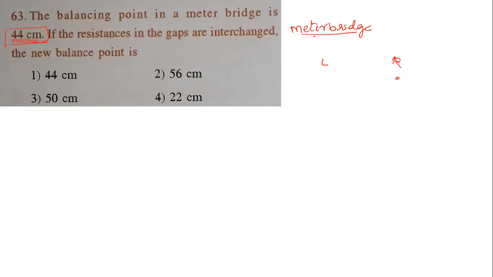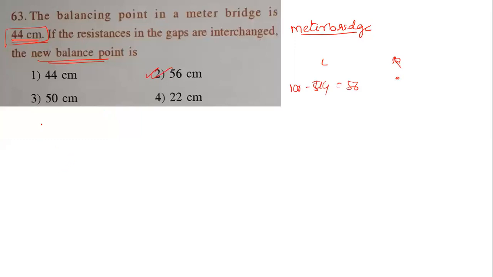So after the interchange, what will happen to the balancing length? I'm telling you, simply if it is given like this, just do 100 minus 44. You get 56, that will be the right answer. That's it. When the interchange happens, the balancing length also interchanges. Now it is 44, 100 minus 44 is 56, so 56 is the answer. That is the trick to remember. I won't prove it now, I'll prove how it is 56 also, not an issue. But you need to remember this, because you cannot derive it again and again in the examination. It will take a little bit of time.